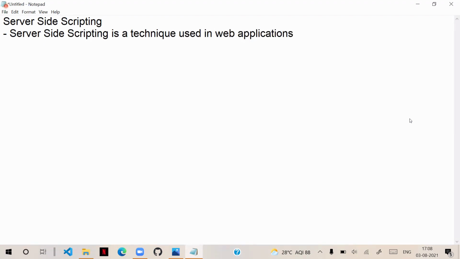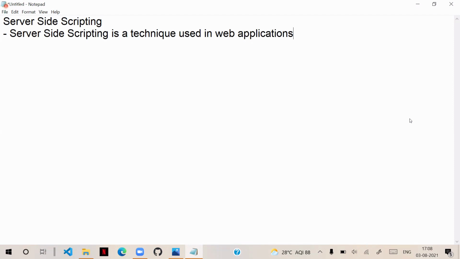Server side scripting is a technique used in web applications. So what can this technique do? It allows us to create a response customized for every client request.